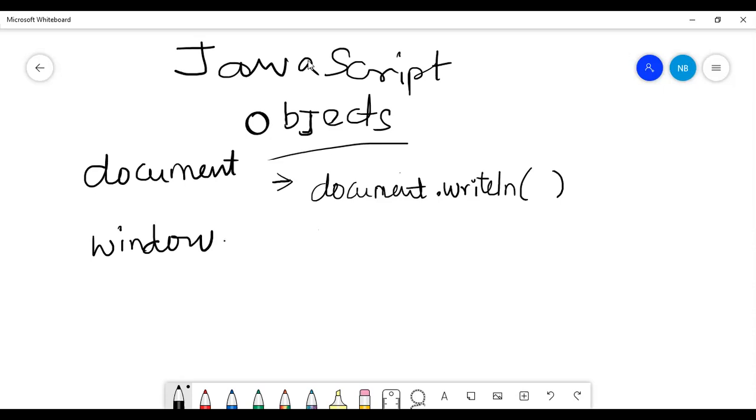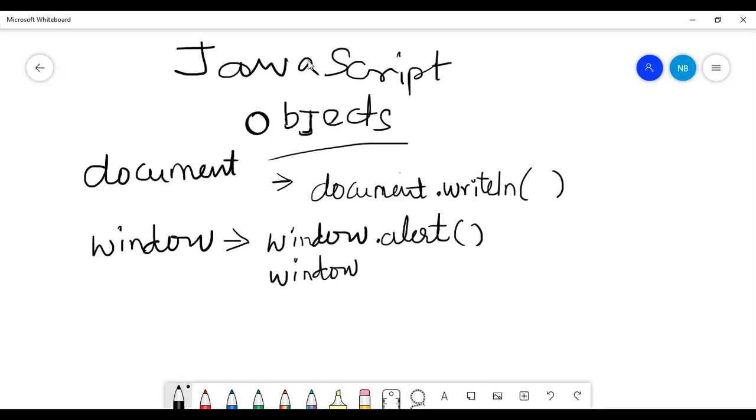So coming to this window object, it has been used something like this: window dot alert or window dot prompt.